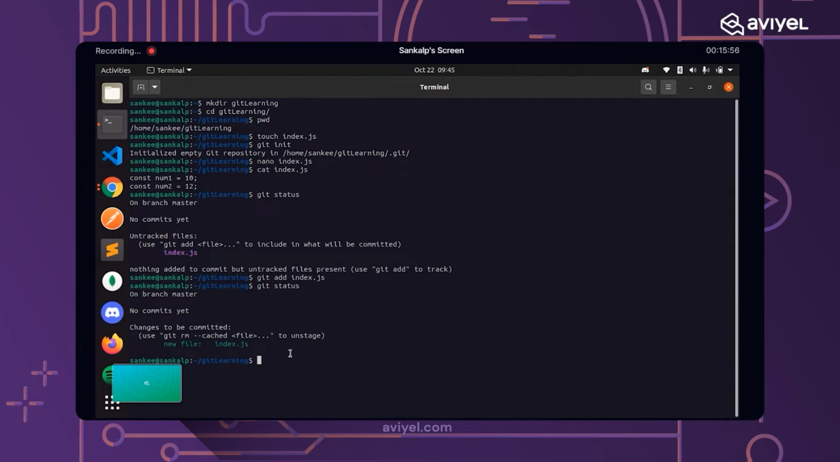So now we will commit our file. And how do we do that? Using the git commit command, right? So git commit, and the -m flag. So what is this? This stands for nothing but message, a relevant message for our index.js file. So in our case, we added two constants, right? So our message would be something like this: added num1 and num2 to